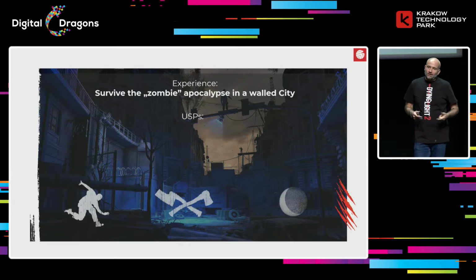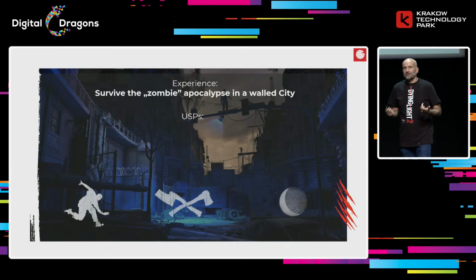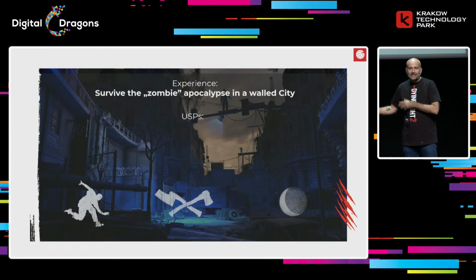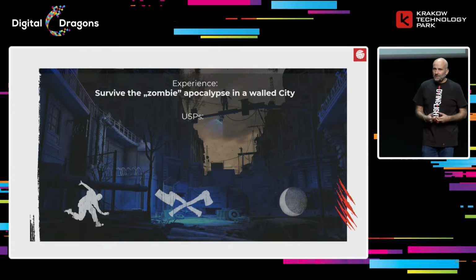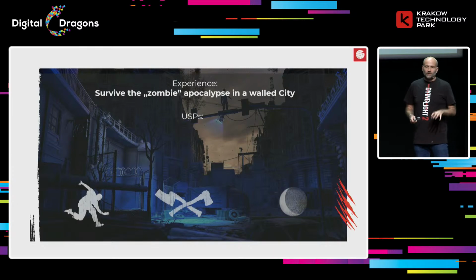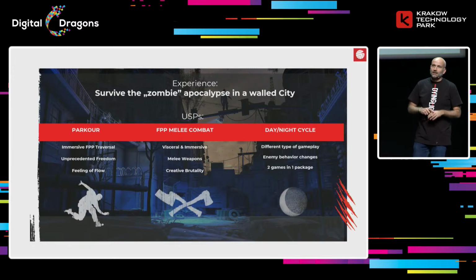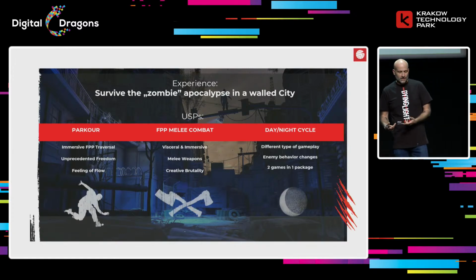And another thing that we start with usually is defining the USPs, which is a nice acronym for unique selling points. So it maybe sounds a little businessy, but it's important because making games is actually a very difficult business. So you have to make sure that whatever your game has the potential, has the elements that will allow the game to sell, so it can make the studio survive and live and thrive and prosper. So for the first game, we have defined the USPs also at the start, and we have developed them over the production of Dying Light 1.